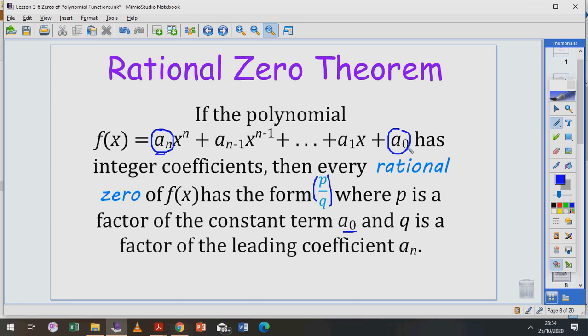P is going to be a factor of this last term, and q is a factor of the leading coefficient. Q is going to be a factor of this